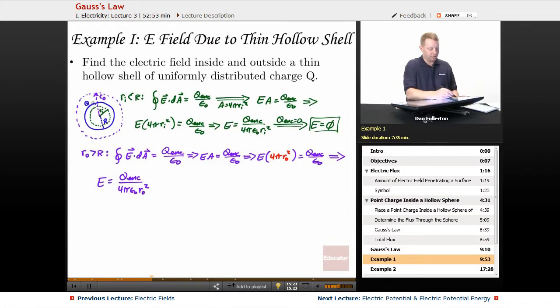The total charge enclosed is plus Q, so that's going to be Q divided by 4 pi epsilon naught R0 squared for any RO that's outside this hollow shell